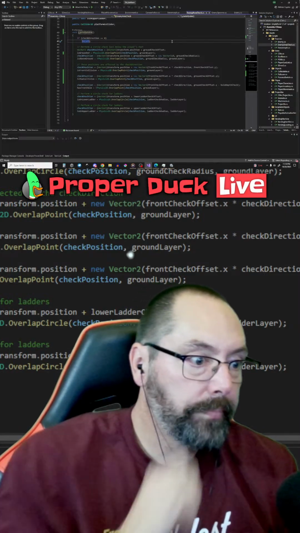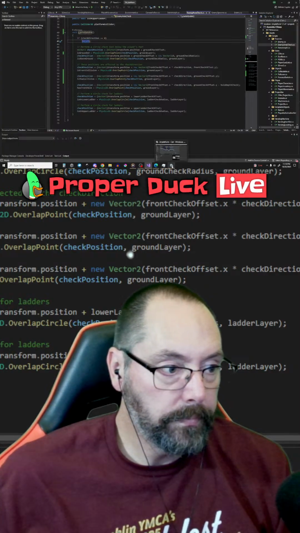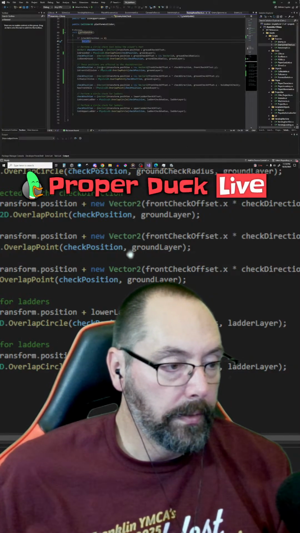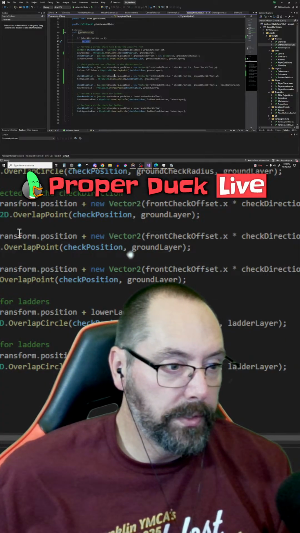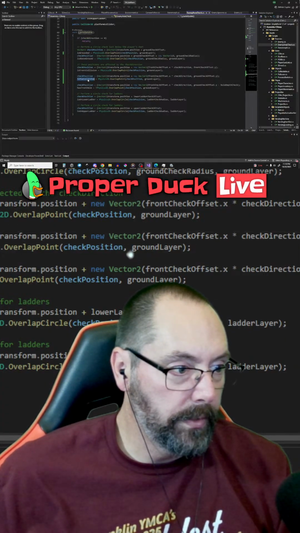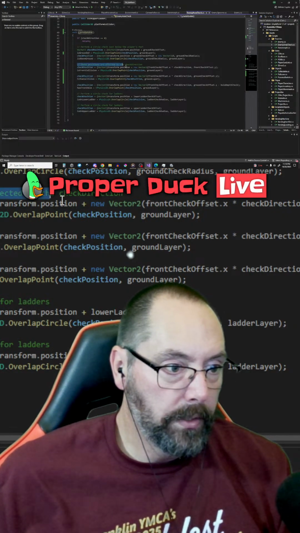Okay. Which is the front one? This one here, toe collision. Let's go just with